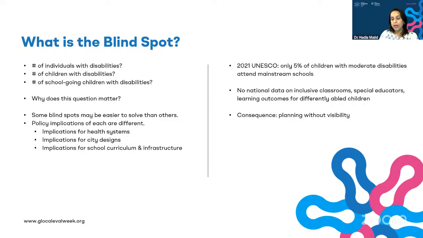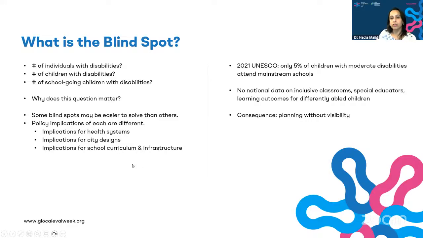So if we figure out what it is that we want to get at, do we want to get at the total number of individuals, or do we want to get the number of children who are in school and have disabilities? We can tweak our instruments accordingly. And remember, the policy implications of each of these questions that I have highlighted here is very different. If I'm looking at the number of individuals with disabilities, I should be knowing this number if I have to think about the design of my health systems, the design of my cities in a better way. If I'm concerned with how many school children are there with disabilities, this allows me to think through school